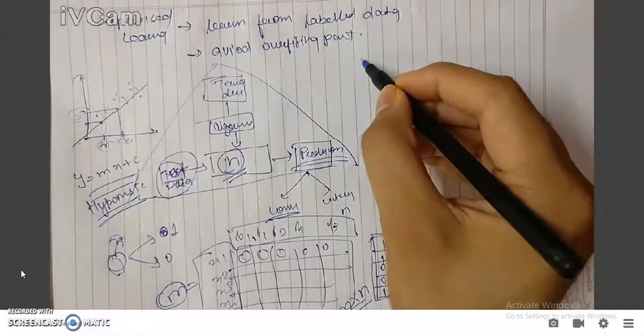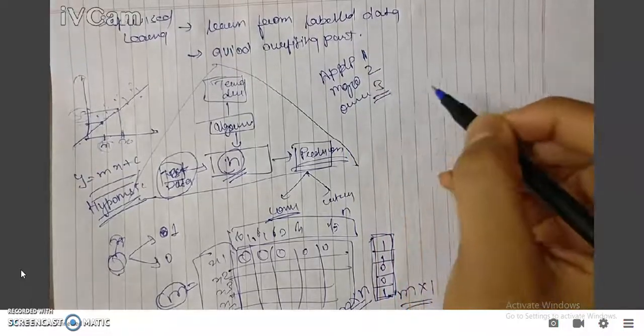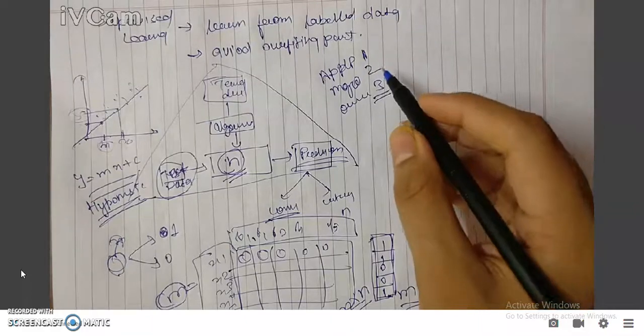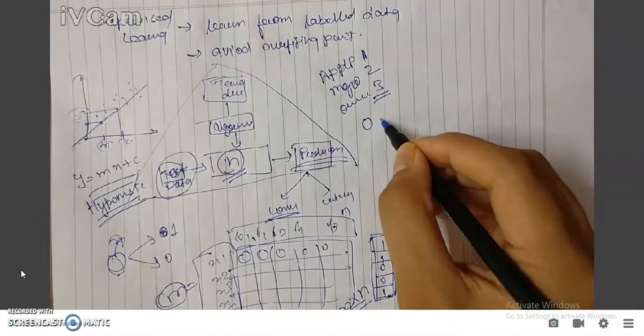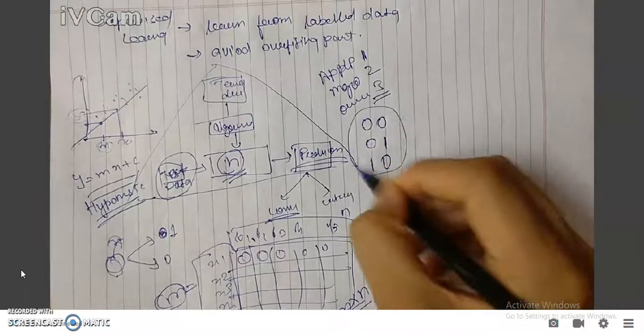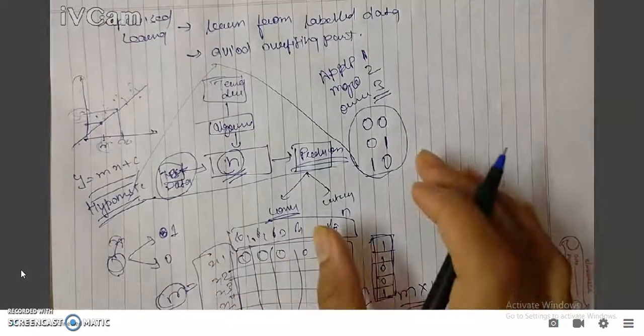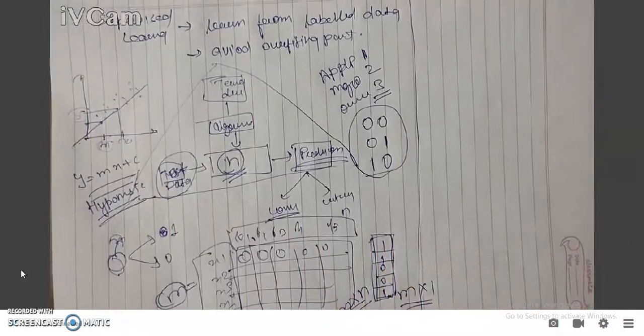Suppose we have 3 fruits we need to classify: apple, mango, and orange. So initially we can say 1, 2, 3, right? But when we calculate in the matrix representation, we represent it by 0 0 1, 0 1 0, 1 0 0, like this, right? It's a different thing, we'll understand this afterward, but the basic idea behind supervised learning is this only, right?